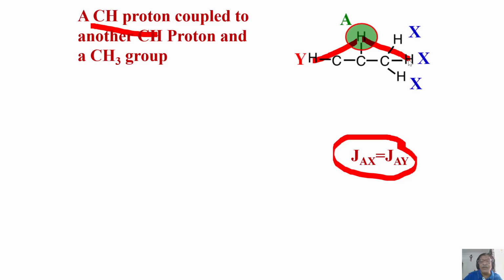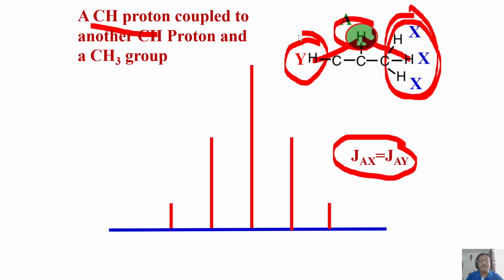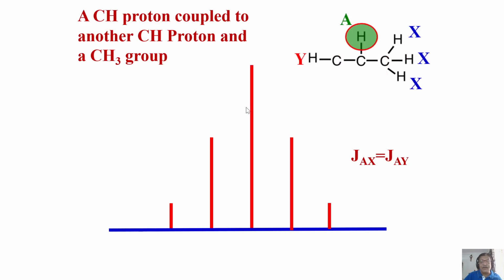How does the spectrum come? Look at this pattern, proton. First it is going to be a singlet. Each line of this singlet will be split into a quartet because of CH3, and each line of the quartet splits into a doublet because of this. As I told you in one of the earlier slides, multiple couplings can be experienced by a single proton. So this proton experiences two types of coupling, one with the CH3 group, other with the CH group. So you understand now, and you get a pattern like this. It is called a pentet. 5 lines are there. It's a pentet.